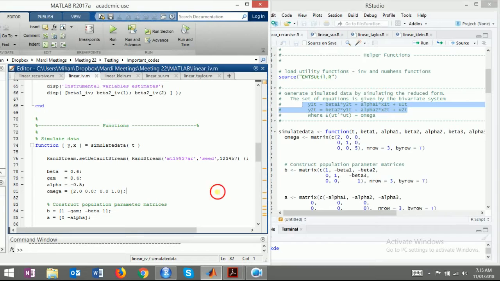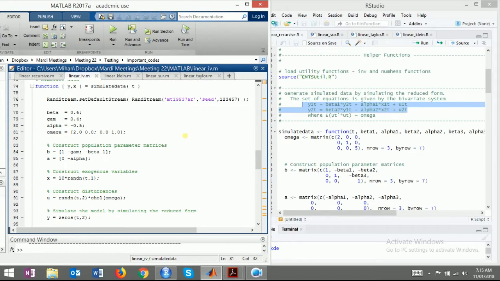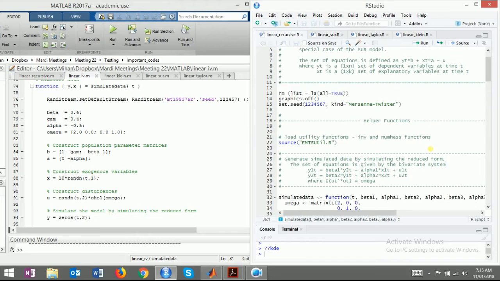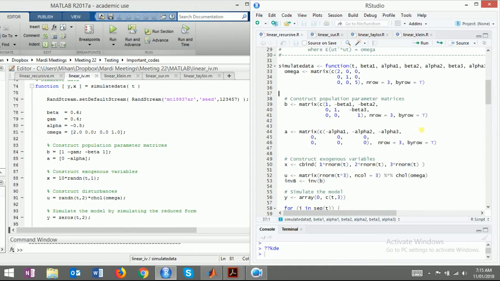In MATLAB it was quite easy. We started with the two equation given information in R. We're taking a different approach, I guess, because we're looking into number 2. So omega is 3 by 3 here, not 2 by 2, because the first 2 by 2 is as it is, but then it